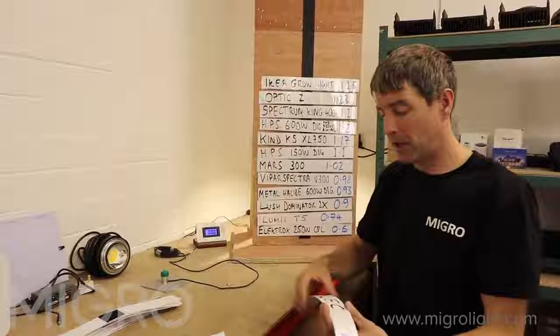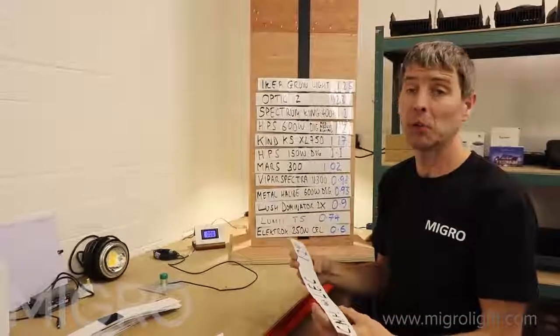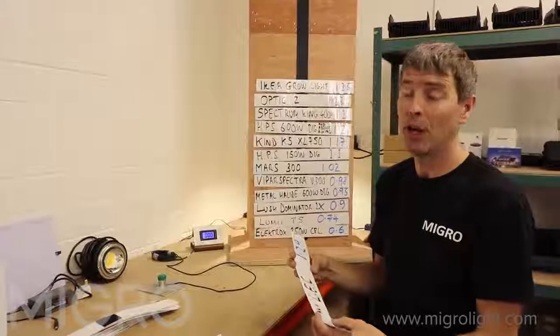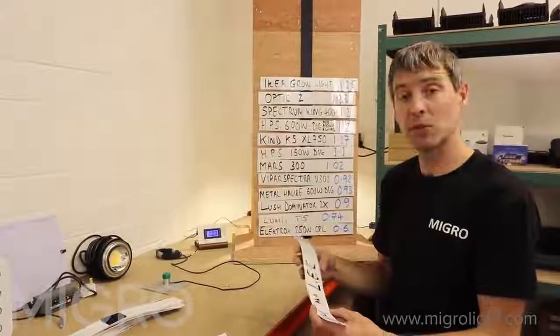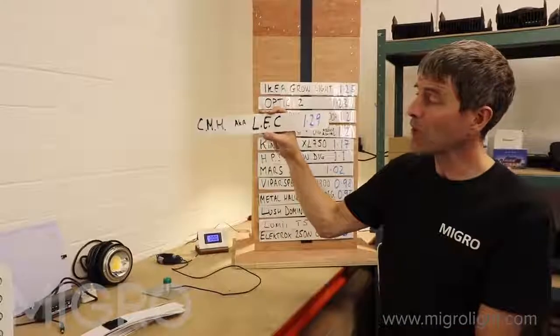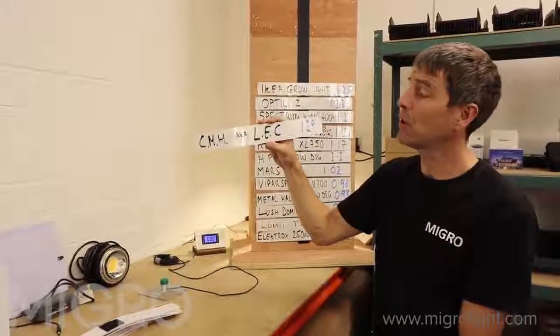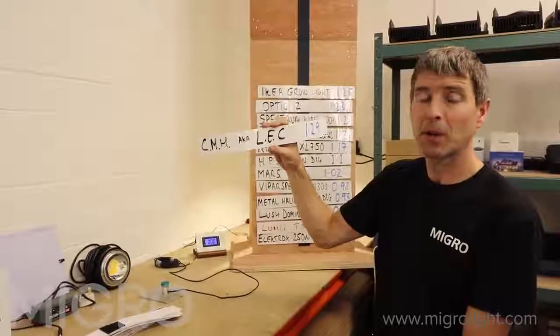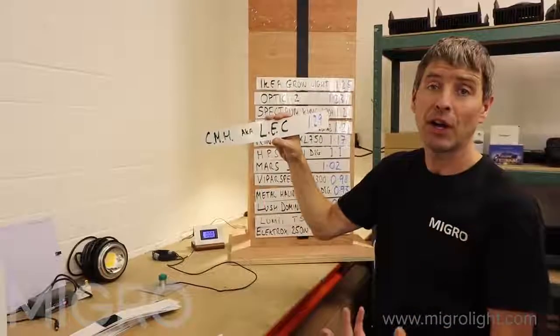Next, one of my favorites. If anybody asks me, I want a starter light, I want a cheap grow light, and don't want to spend too much money up front, I always recommend these. So this is a ceramic metal halide, CMH or light emitting ceramic. Basically it's a variant of a metal halide bulb, operates at higher pressure